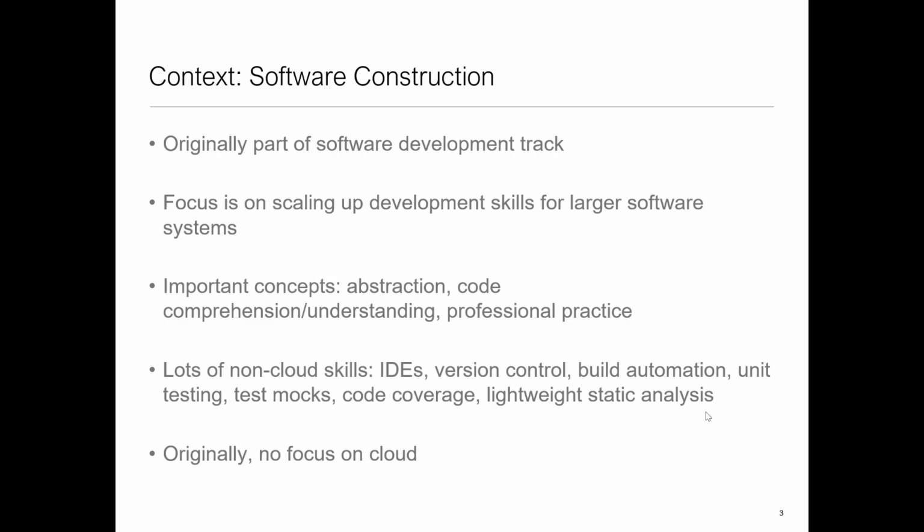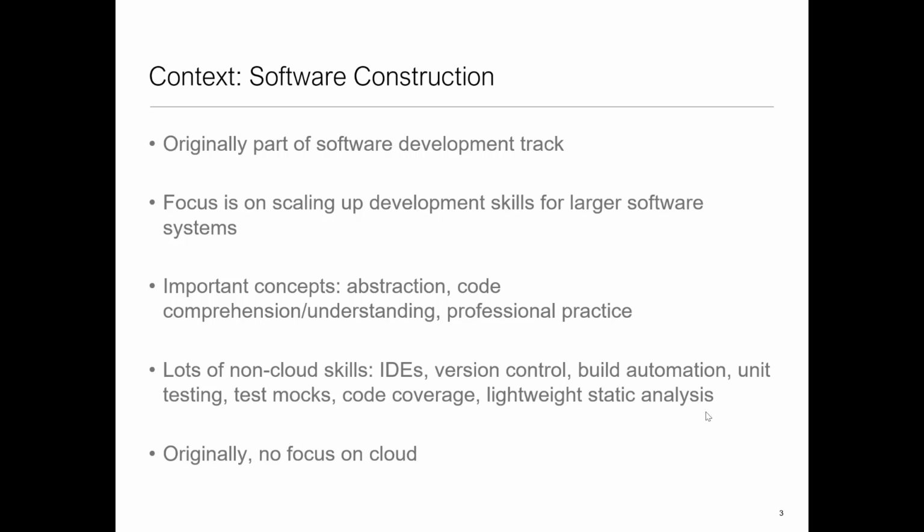Originally, we had different tracks in our graduate program, and this was part of the software development track. The focus of the course was really on scaling up development skills for larger software systems. So taking the types of skills you would learn in your introductory programming courses and that you would have applied in a lot of different homework assignments you would get over time in a standard undergraduate curriculum, and scaling those up so that you would be more aware of how to work with larger code bases, how to use concepts like abstraction, how to use tools for code comprehension or understanding, how to use good professional practices as you're working